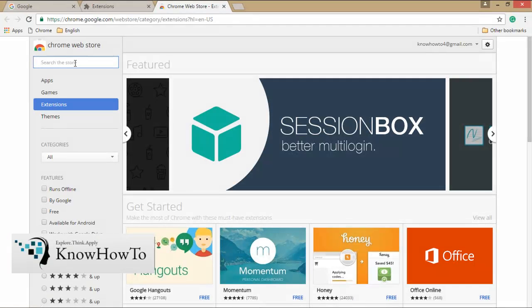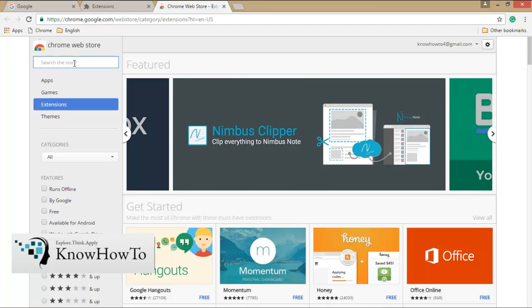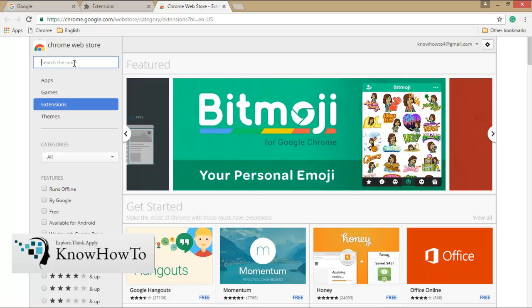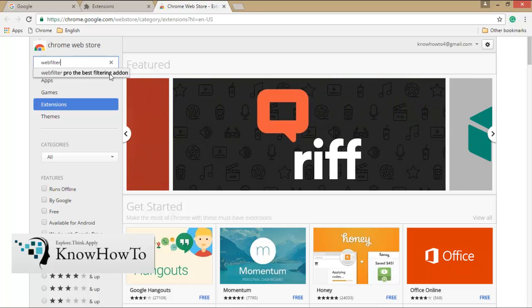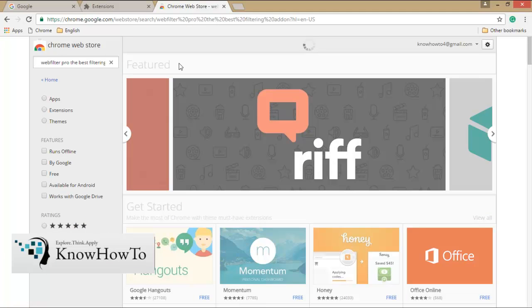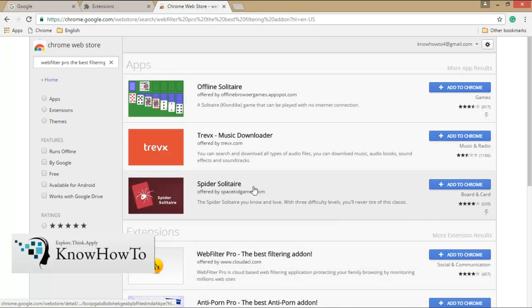So click on it, and here you can search the extension that you want. To block adult websites we have a very effective extension that is known as Wave Filter. So I need to click on Wave Filter, or I need to search for Wave Filter Pro, the best filtering add-on.